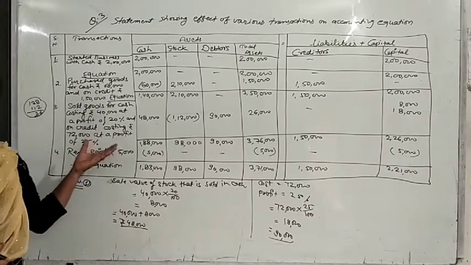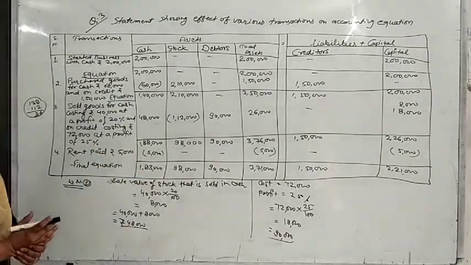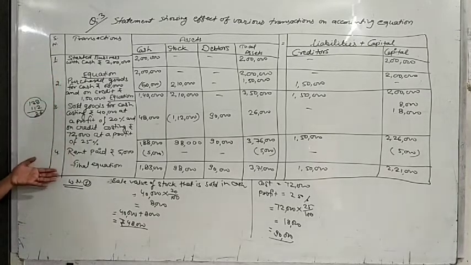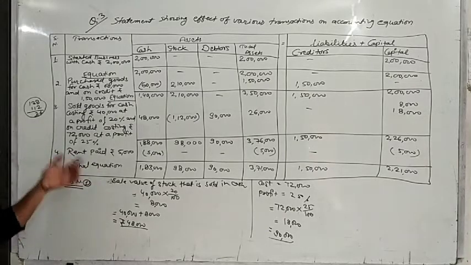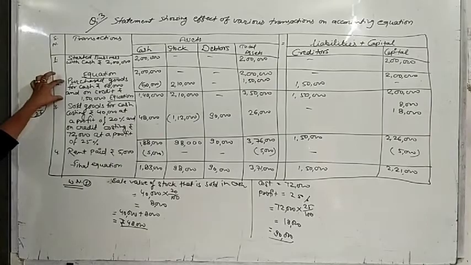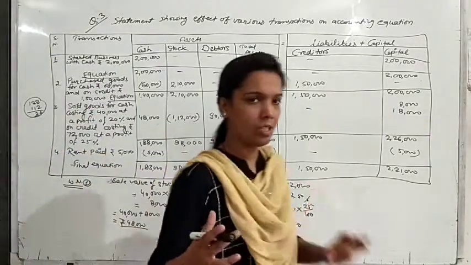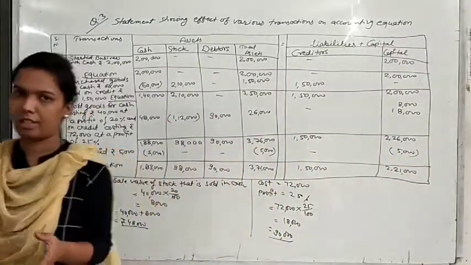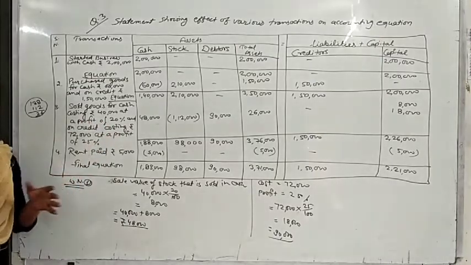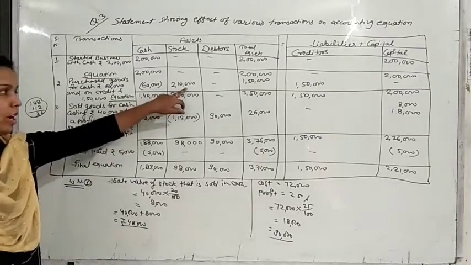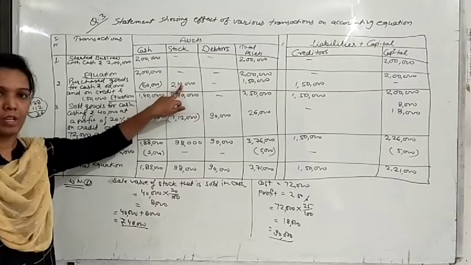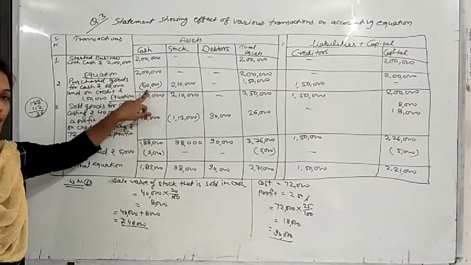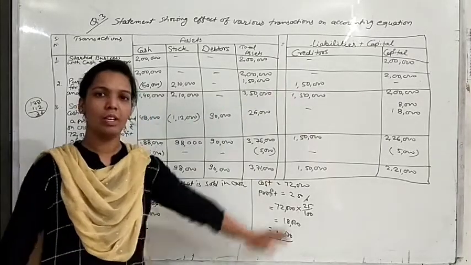So what was the main point in this, and you can say that it is the difficult point, that is point third, or a little point second. Point first and fourth are similar to what you solved in the last questions also. So what was there in point second? Again I am revising this point, that in the second point you are purchasing goods for cash and for credit. So first of all find the total stock you purchased. First you have to write here, out of this stock what is the amount of cash purchase, that will decrease your cash, and if you are purchasing on credit also, that will increase your creditors.